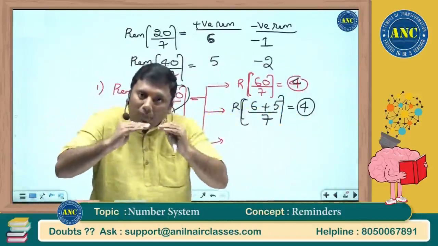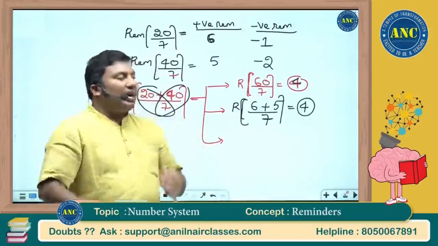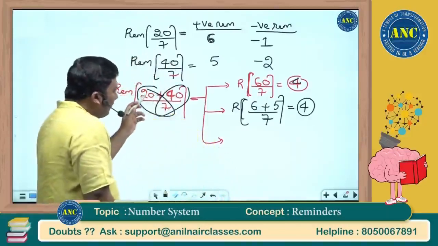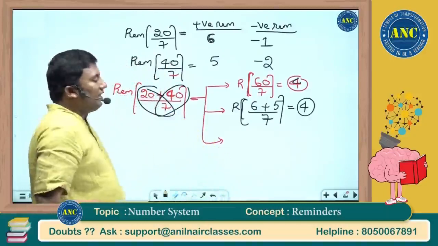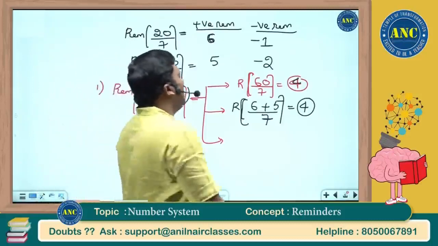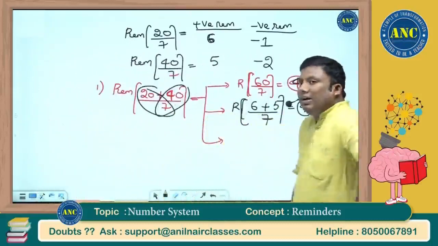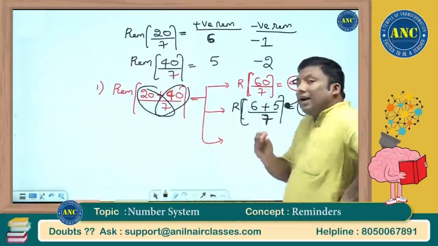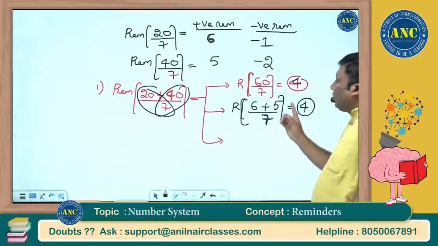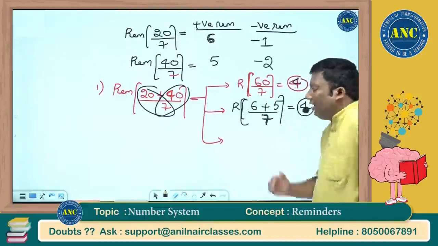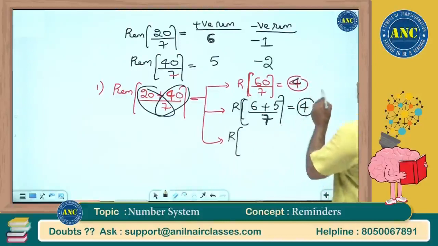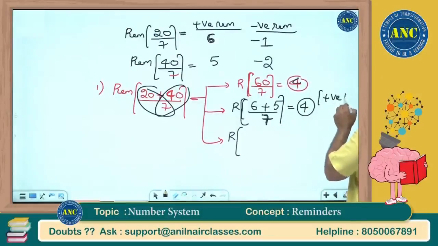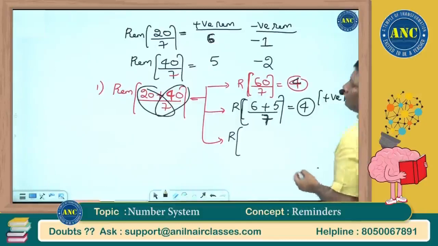Again I am repeating it. One is add both the values and divide by 7. Second thing is do it individually. 20 divided by 7. 7 2s are 14. Positive remainder is 6. 7 5s are 35. Positive remainder is 5. 11 divided by 7. When you divide a number by 7, you will not get a value greater than 7. Again further divide. 11 by 7, remainder 4. This is by using positive remainder.